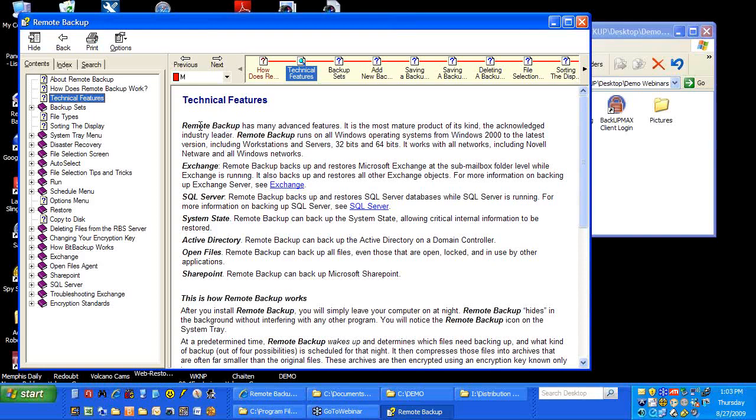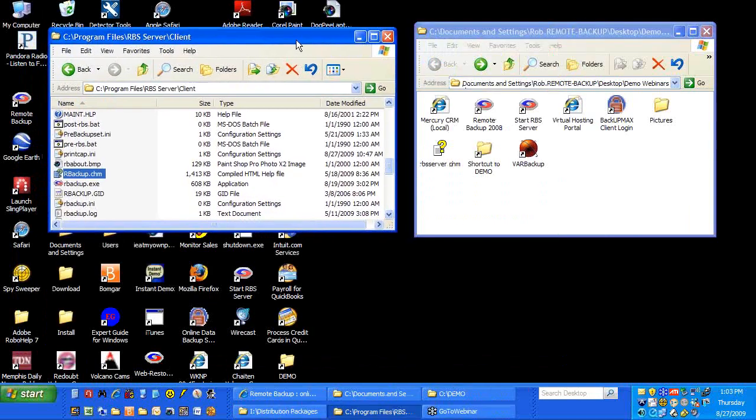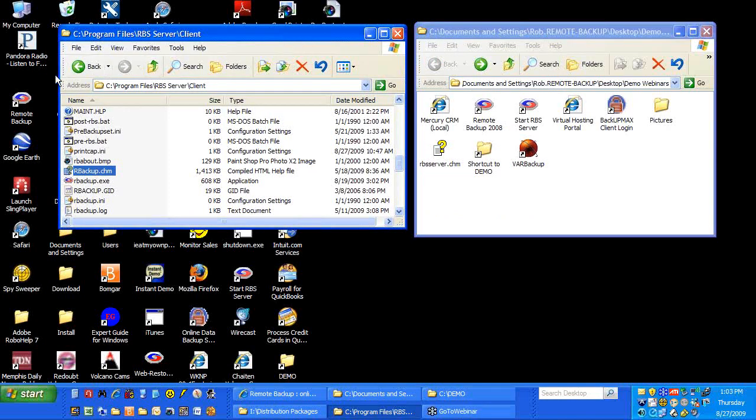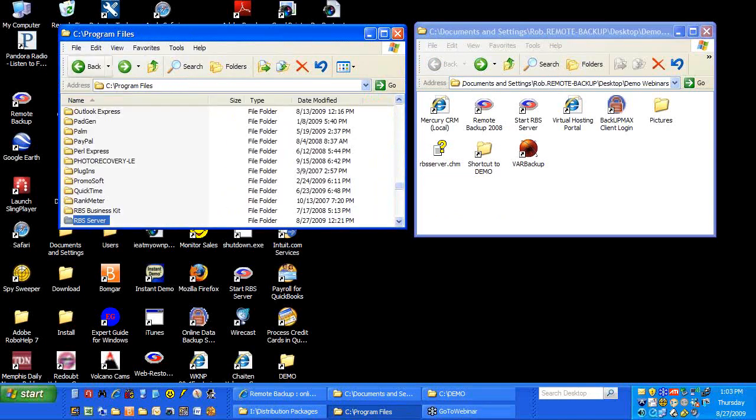Now, one of the things you're going to want to do right away is to customize this, and you're going to want to replace the words remote backup with the name of your company. Let's close this, and I'll show you one of the programs that we use to do this. Now, we wrote this using RoboHelp version, I think it's version 7, which uses Microsoft Word as its editor. Once the help file is compiled into a CHM, though, it becomes a little difficult to edit directly,